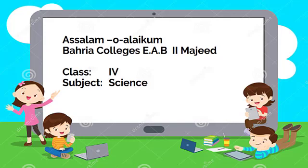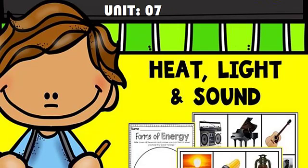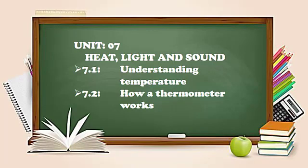I'm your science teacher from Bahria College's PNET, which provides a wealth of information and fun content in a safe, parent-supervised environment. Our today's lesson is heat, light, and sound. The contents of this lesson included in first term are understanding temperature and how a thermometer works. As the lesson name is heat, light, and sound,